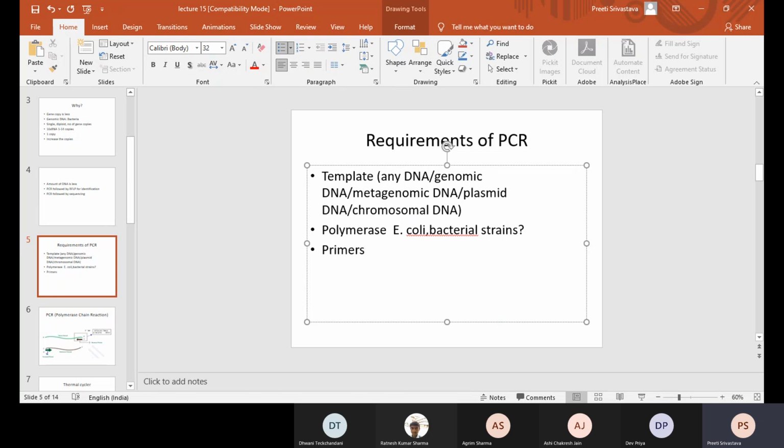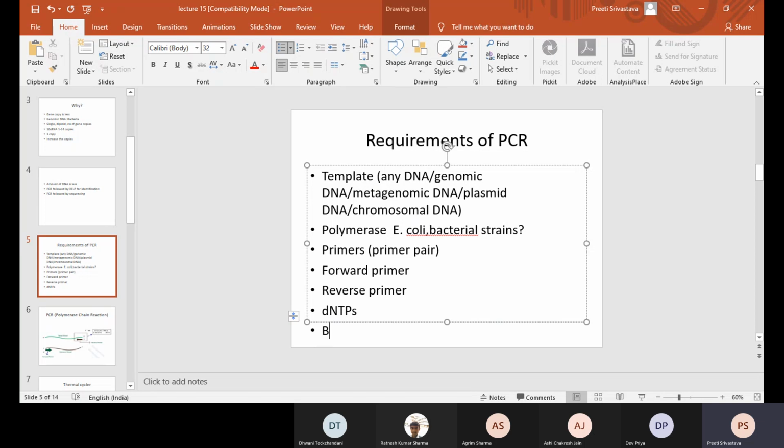When I say primers, it is actually a primer pair. That means you require two primers, a forward primer and a reverse primer. The other thing that we require is dNTPs.